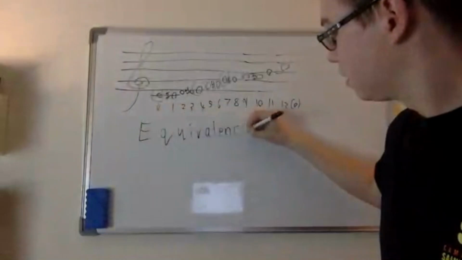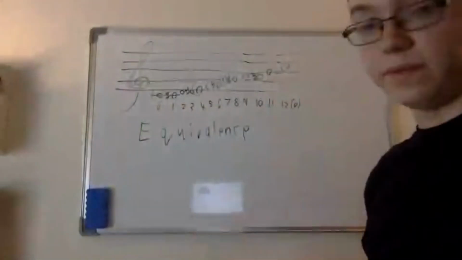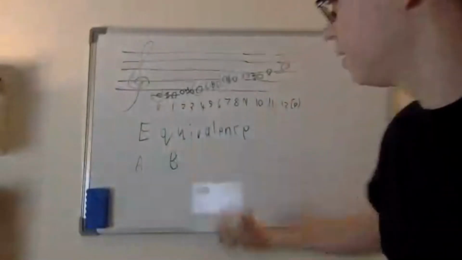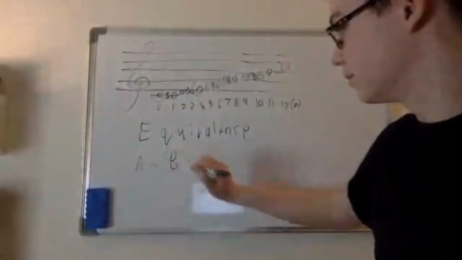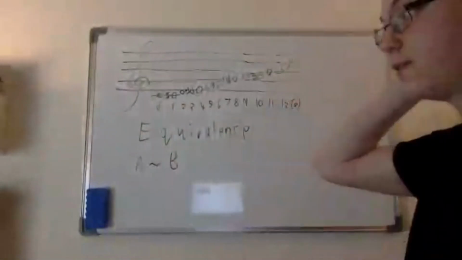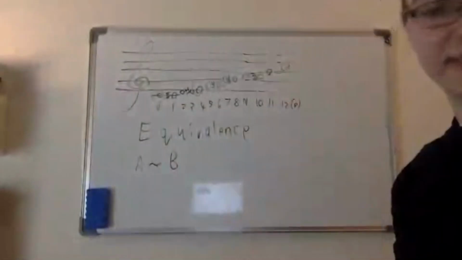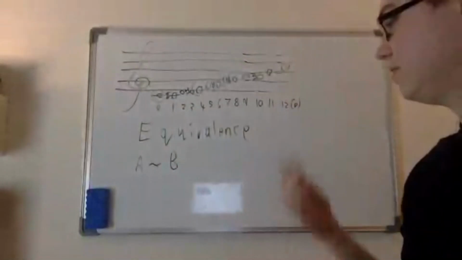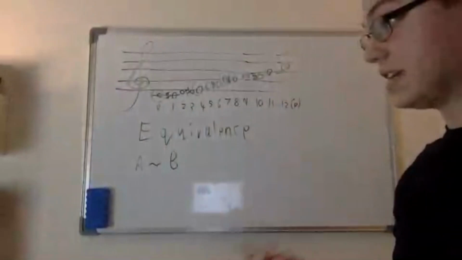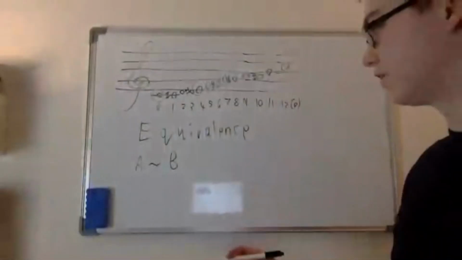So if I have two sets, I'm just going to label the sets with capital letters. So if I have a set A and a set B, and I want to say these two sets are equivalent to each other in some way, I draw a little squiggle, a tilde, that means equivalent. So an equivalence relation means that the sets, in some sense, can be treated as the same thing. We can look at them not in every single capacity, because they're not actually equal to each other, but they share certain properties. And for equivalence relations, those properties are,